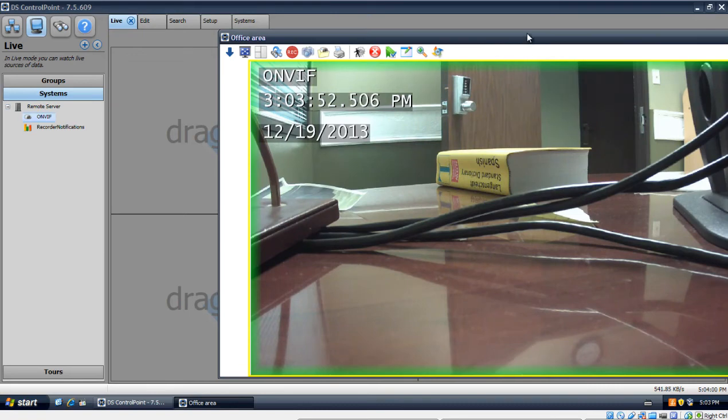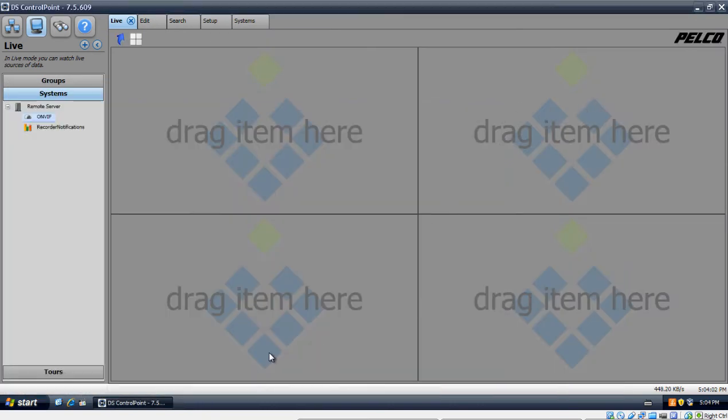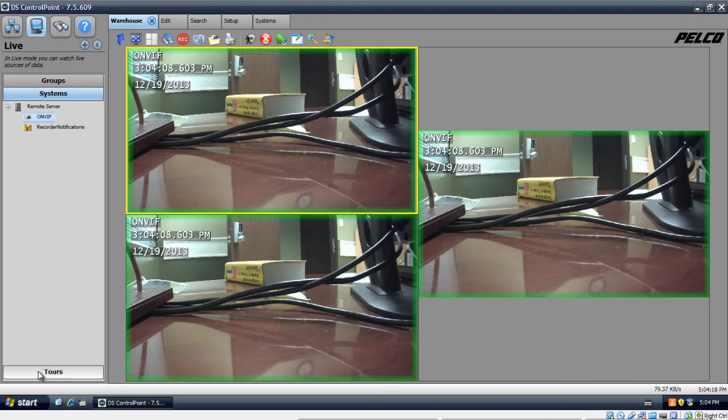Let's say you want to stop that tour. I should stop using the word sequence since it's called tour on this software. You could right click on it. Well, since I exited out, it stopped automatically. But let's say I had it running, I could just right click on it